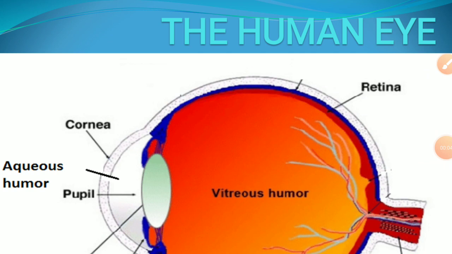In this video lesson, we are going to start a new lesson, the human eye. Very interesting. The human eye is one of the most fascinating and delicate parts of the human body. We are able to see the colors of the world, the beauty of the world, because of this human eye. Let us discuss the human eye.